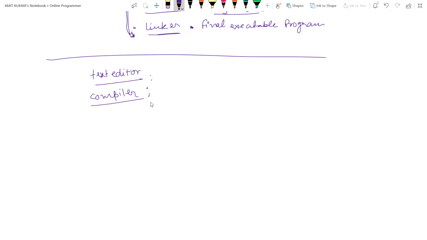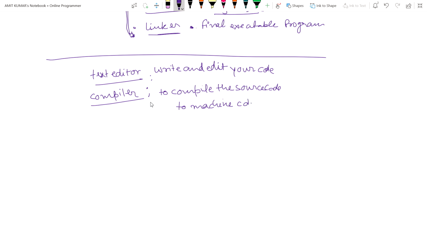The text editor is to write and edit your code, and the compiler is to compile the source code to machine code. I hope this is clear to you.